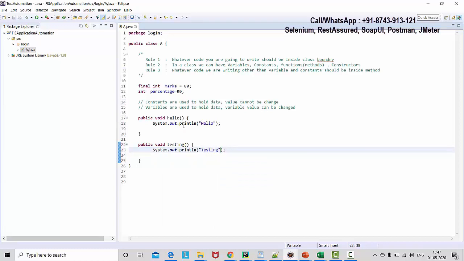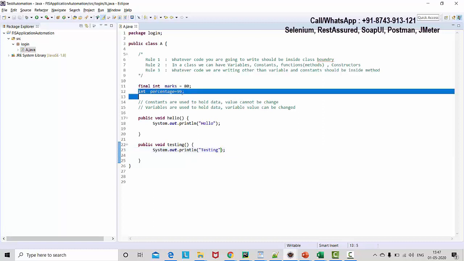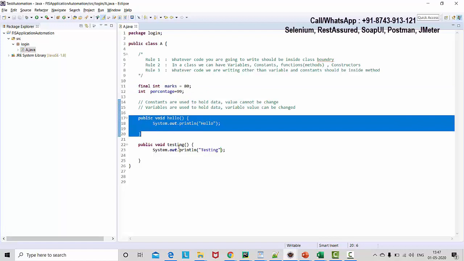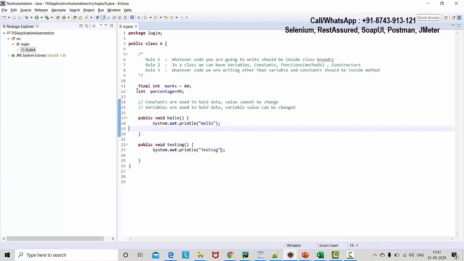So now we have a class. Inside that we have a variable and a constant. Also, we have seen two methods. One is hello and the other one is testing. Previously we have seen a variable's value can be changed. So for the variable, I'll come here in the method and write the variable equal to the variable plus 100. So I'm changing the value of this variable and storing it again. It allows us. But if you want to do the same thing for the constant, you will get an error. It will give you an error like you cannot change the value of a final field, which is a constant.